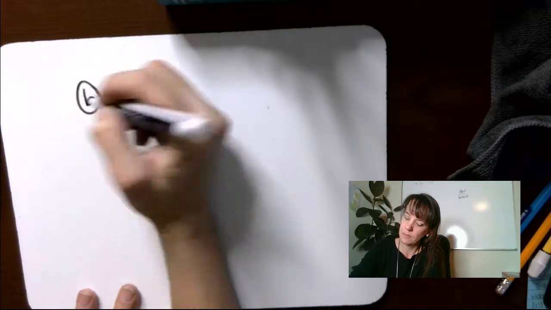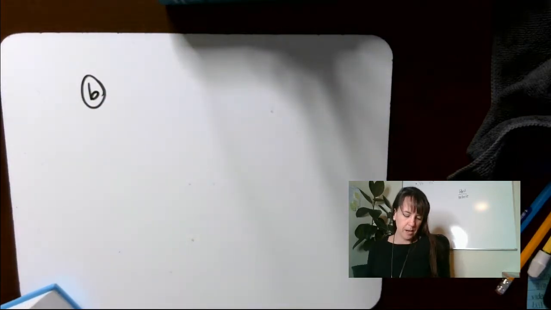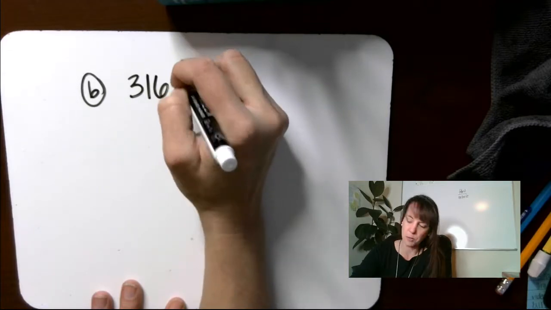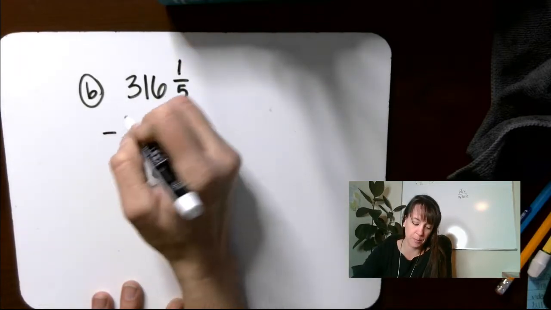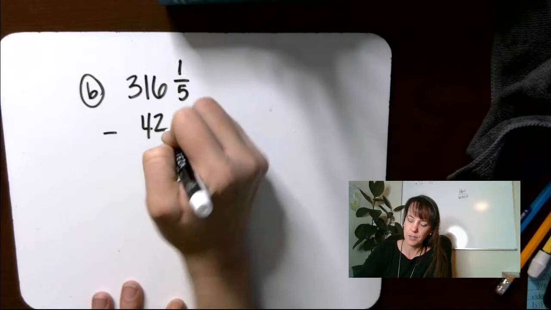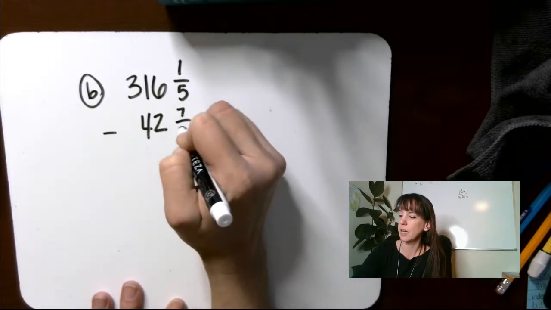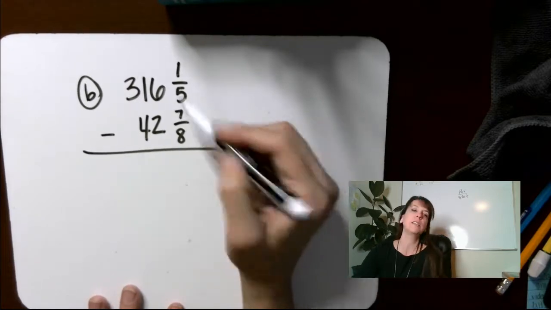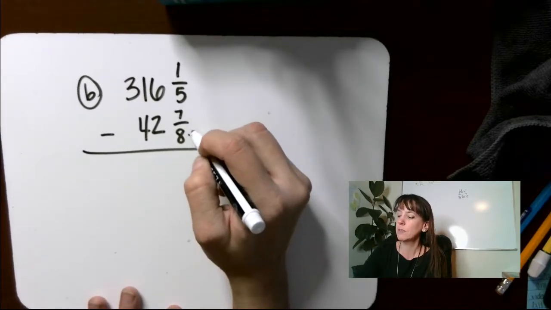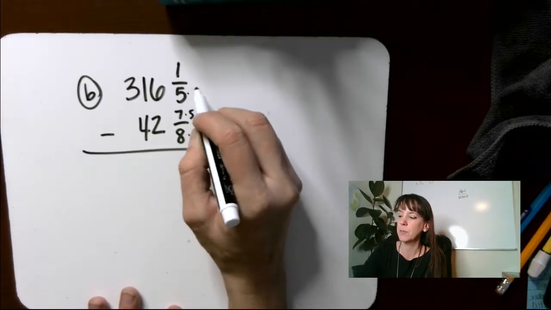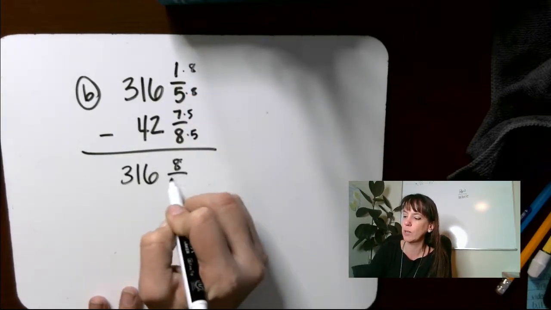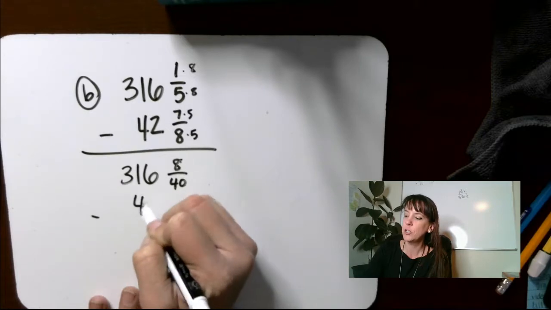For B, I have 316. See, with something like this, you don't want to have to turn this into a mixed number, or I mean an improper fraction, to do this subtraction, because you'll be here all day. So on these, our least common denominator is going to be 40. So we're going to multiply this by 5, this by 5, this by 8, this by 8. So I have 316 and 8/40 minus 42 and